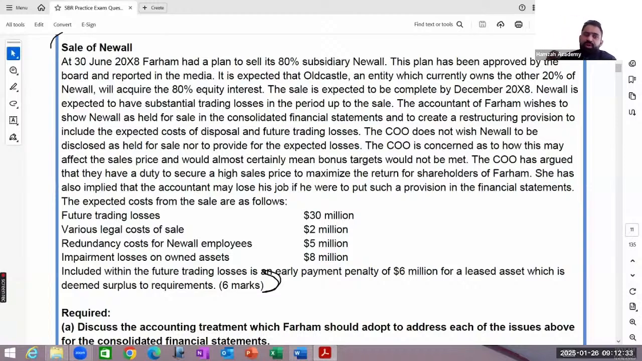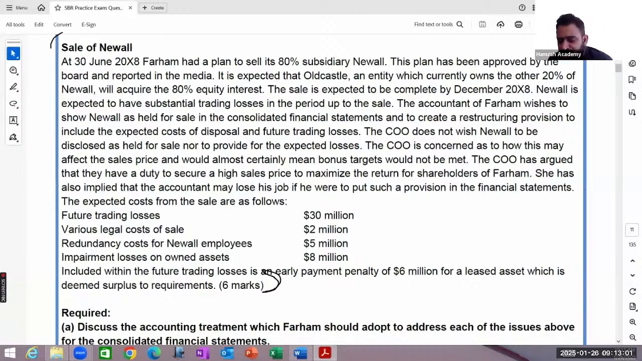The chief operating officer's opinion is that it should not be presented as held for sale, nor should a restructuring provision be recorded. That is not correct. We cannot stand by the chief operating officer because all of her opinions are against the accounting standards. But she is right on one point,